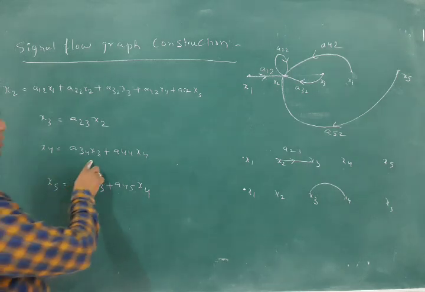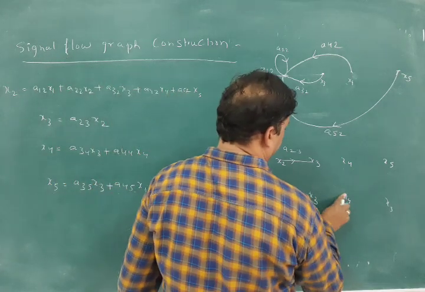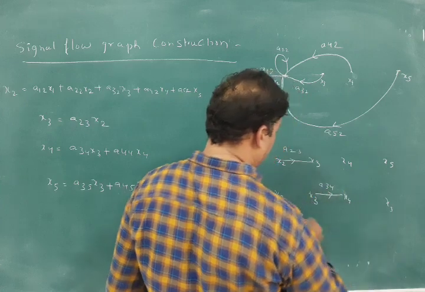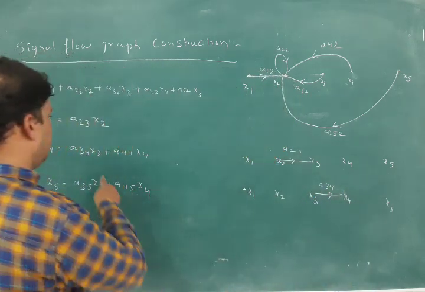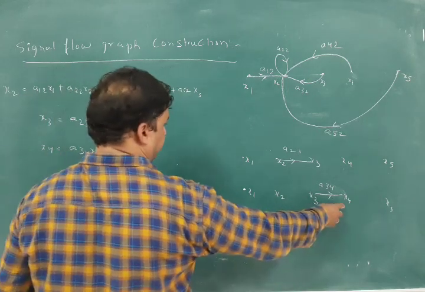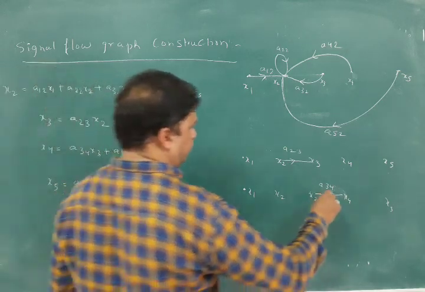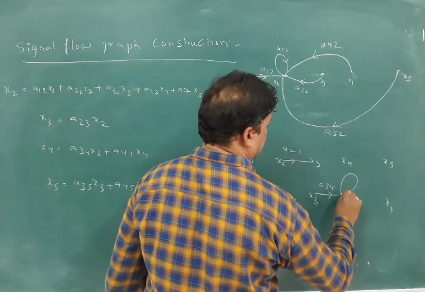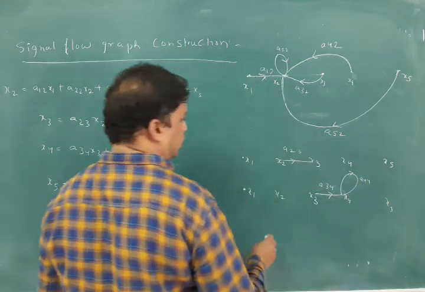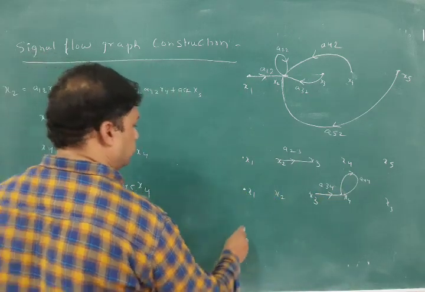A34 X3 is a straight direction only, it is not coming back, so we can write A34 in the simple way. If it is coming back, we can make a loop like this. So A34 into X3, this is the equation and this is the signal flow graph for it. Now A44 X4 means A44, it is nothing but the same loop again. So it is A44. This is one signal flow graph, and the last equation is there, X5 equals